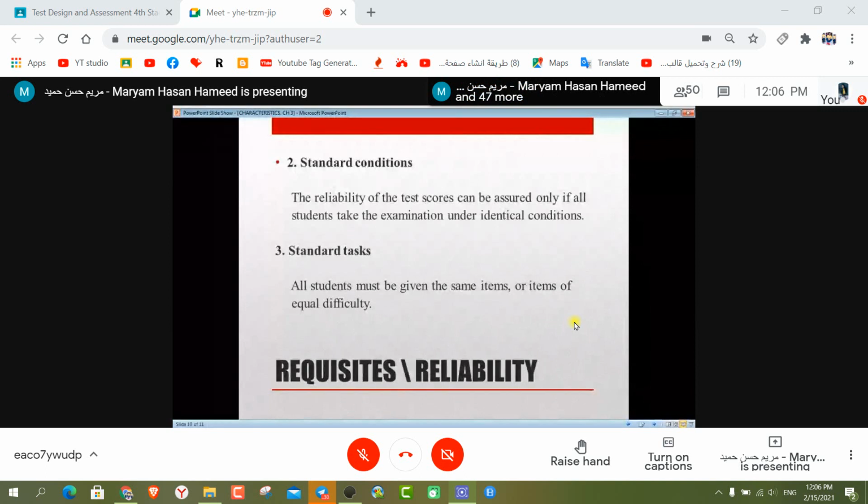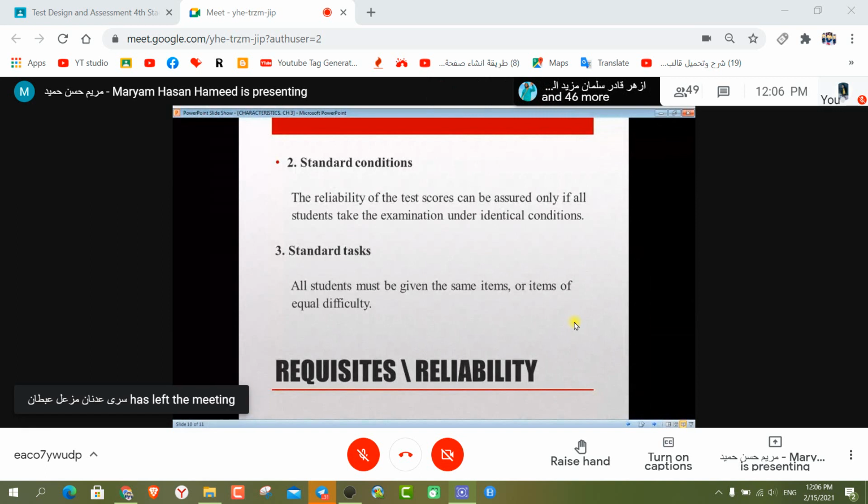Sorry. هذه بالنسبة للستاندرد كونديشنز. هذه إذا كان مثلا عندنا two groups. For example, two groups within the same group, within the same class. For example, as you see here on page 27, in listening test, the speaker or the recorder